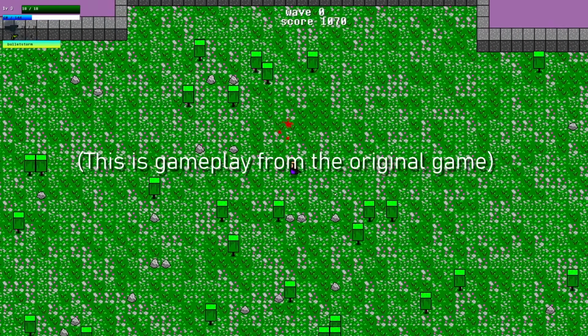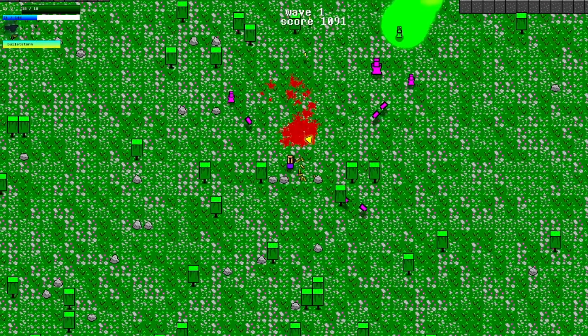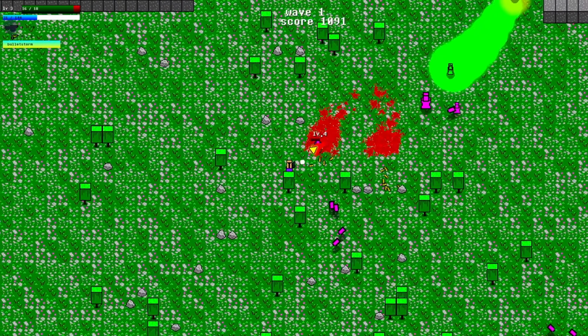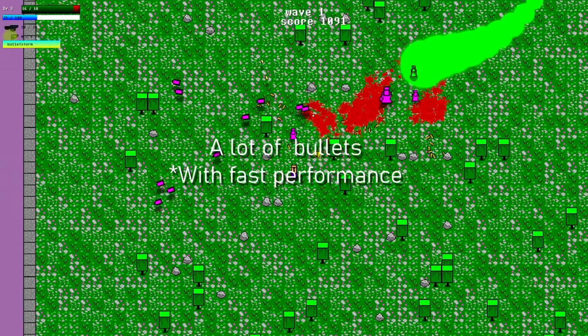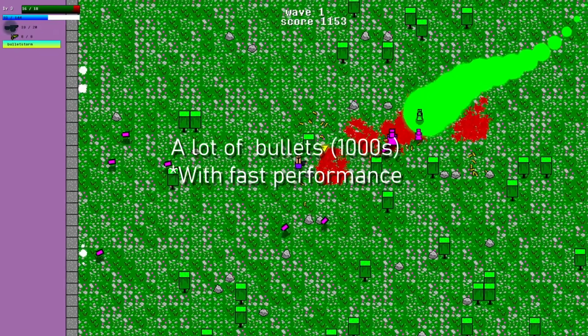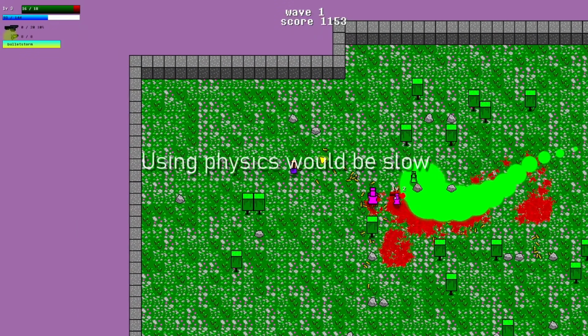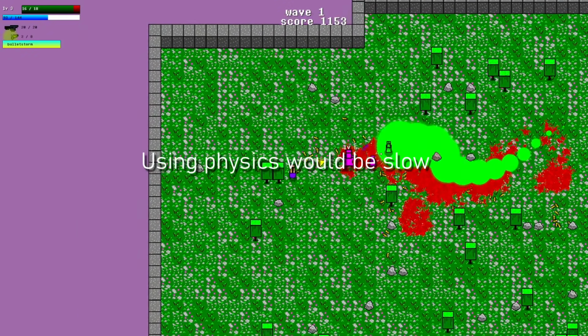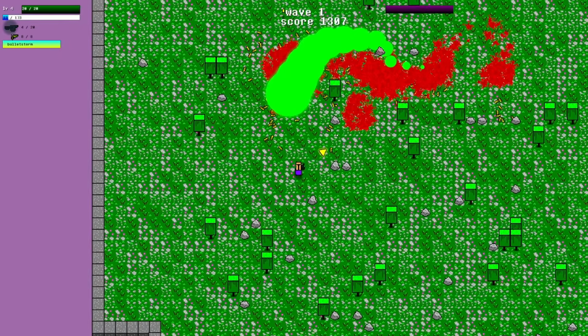Being a shooter, bullets were an important part of Boomzerk, and are gonna be an important part of Boomzerk Reloaded. So I have to make sure I can support a lot of them, without any slowdowns. And when I say a lot, I mean a lot, like somewhere in the thousands. To achieve this, I couldn't make every single bullet a physics object and handle it like a normal scene. Creating a new instance for every bullet fired would slow the game down to a crawl, which is why